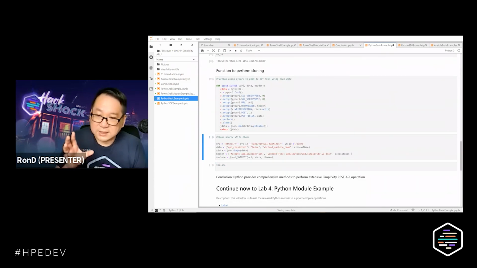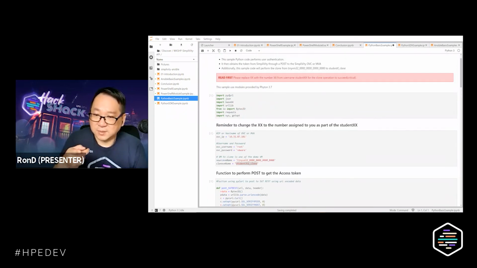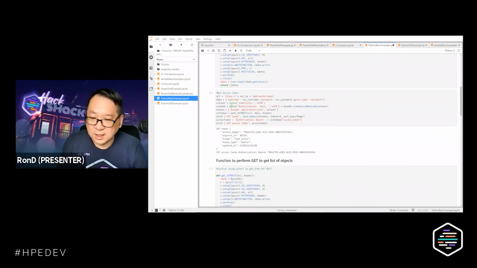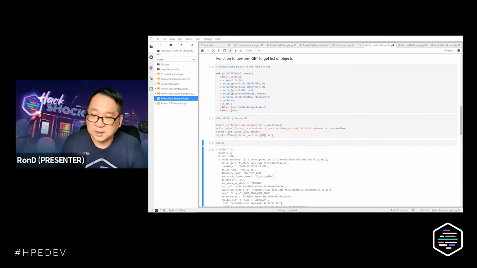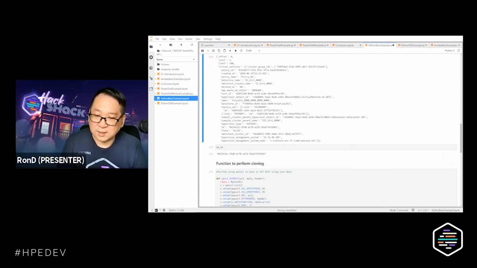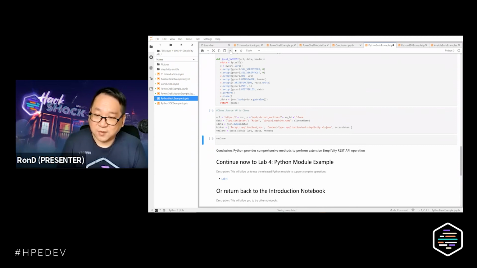I created a structure that allows us to use multiple different operations coming from these modules defined by PyCurl and JSON, then construct the URL string and use this function to perform it. I'm sorry, I think I'm not supposed to be doing it in here. Sorry, got to do it. Yeah, and right now we'll perform the cloning.